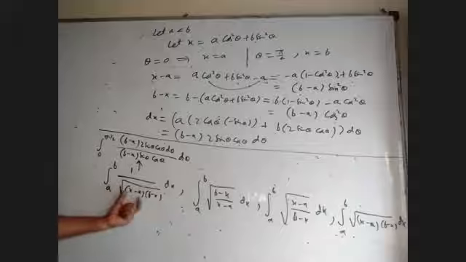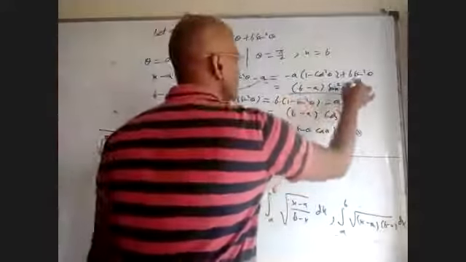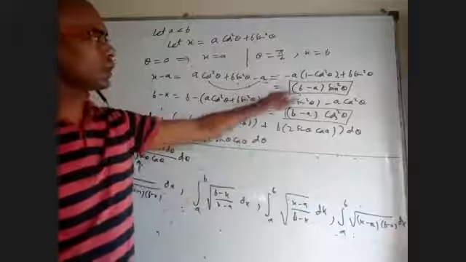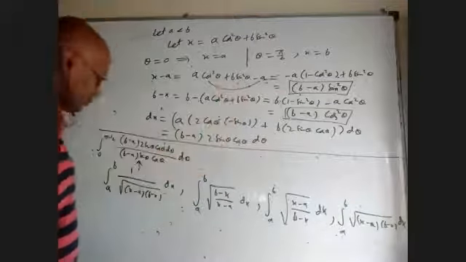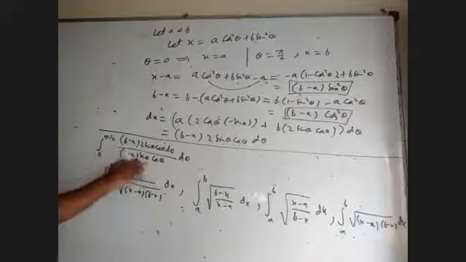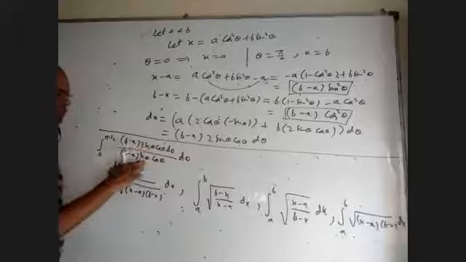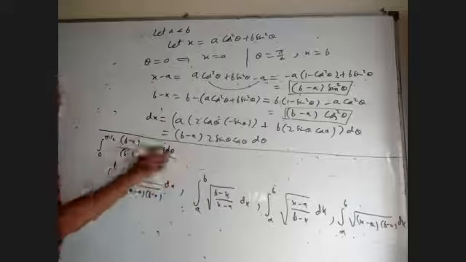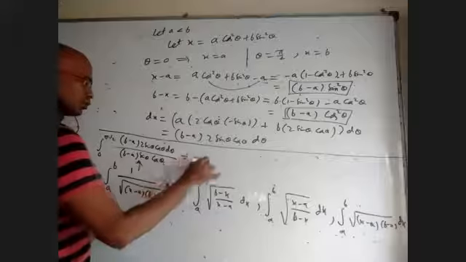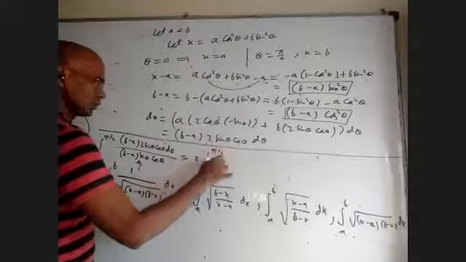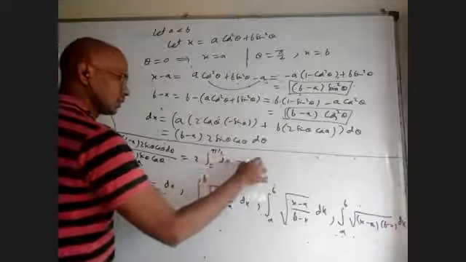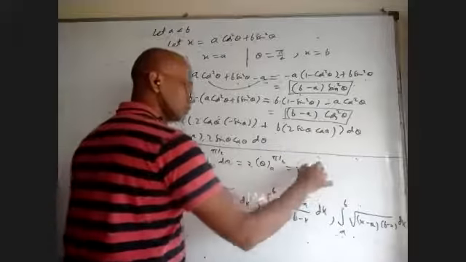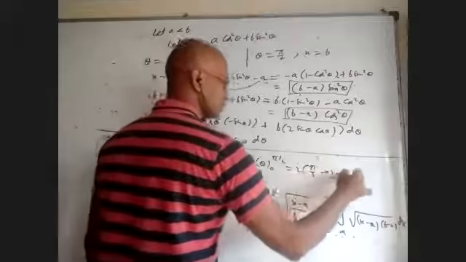Please understand, this is b minus a sine square theta. Another one is b minus a cos square theta. I have to multiply these two and take under root. That whole thing is this one. Now we can see sine theta got cancelled, cos theta got cancelled, b minus a got cancelled. I got only 2 d theta. That's it. 2 integral 0 to pi by 2 d theta. The integral of d theta is theta, from 0 to pi by 2. 2 into pi by 2 minus 0, which is pi.